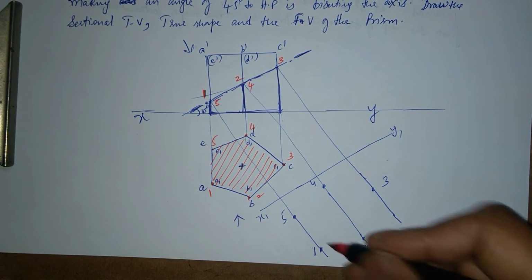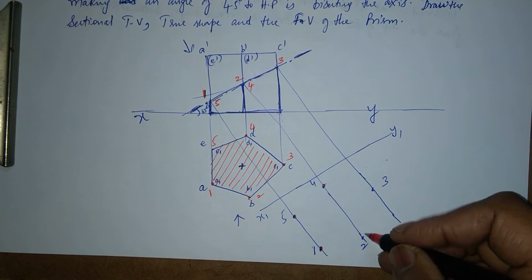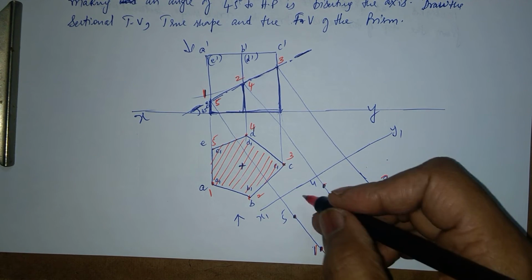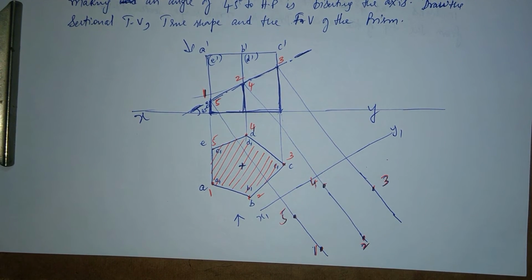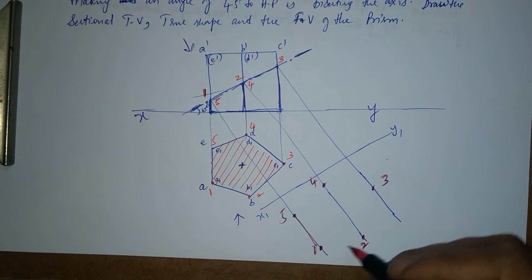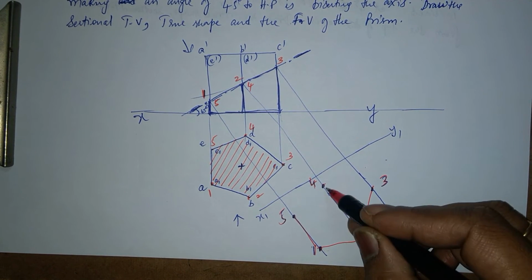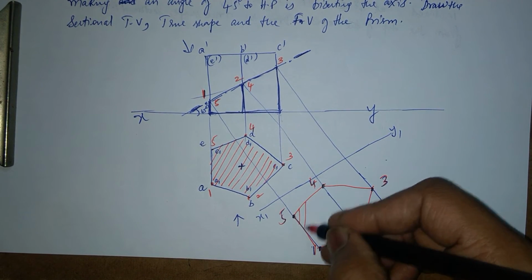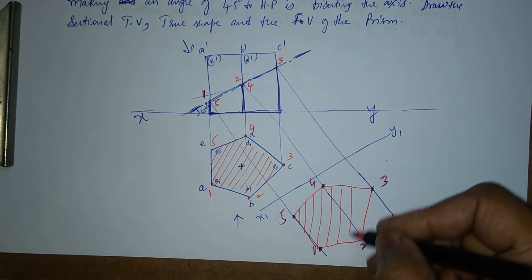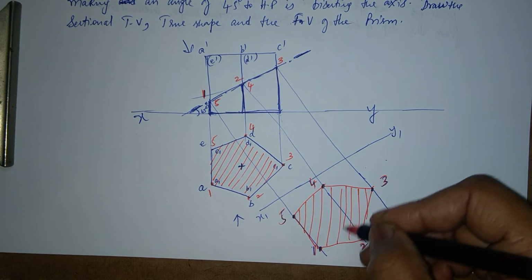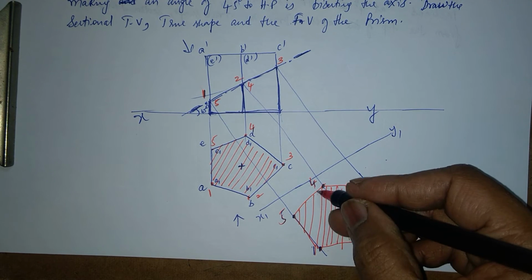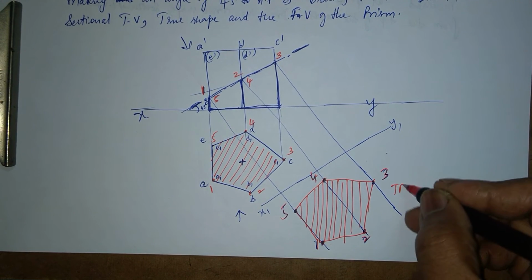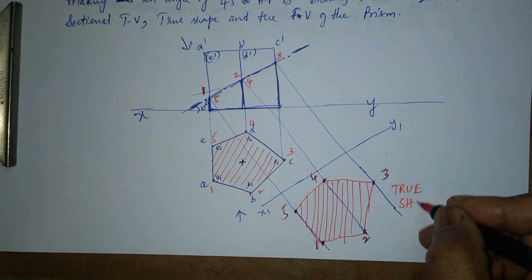So, to mark these points, with the red pen, I'm marking these points like this. So 3, 2, 1, 5, and 4. I'll just join these points like this, and I get this shape. Now, with xy it is making 45 degrees, so I'll draw the hatching lines. Use a 2H pencil for this. Space them evenly. This is called the hatching line. Now this is called the true shape. Whatever I get here is the true shape.